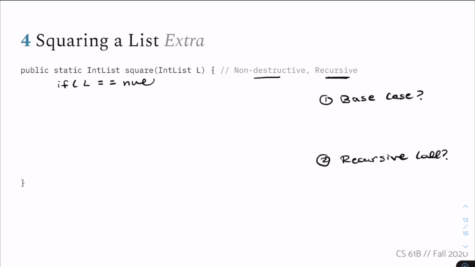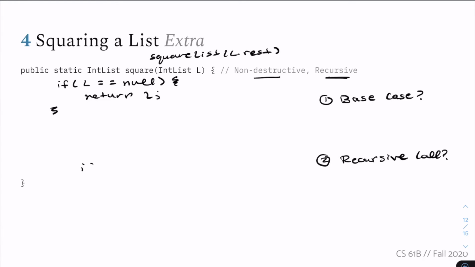Because if you think about it, at some point we're going to call square list on L.rest, to square the rest of our list. So eventually, we will call square list on the rest of the very last item, and it's a lot easier to handle this case where we just return L